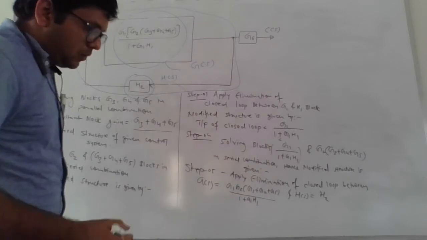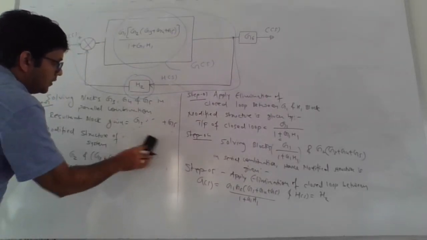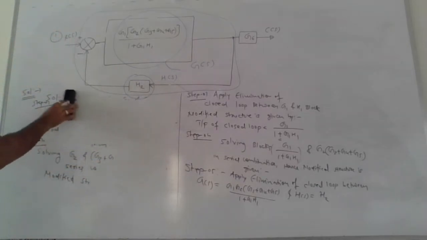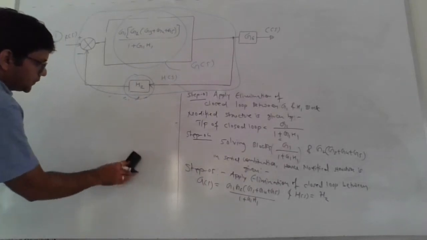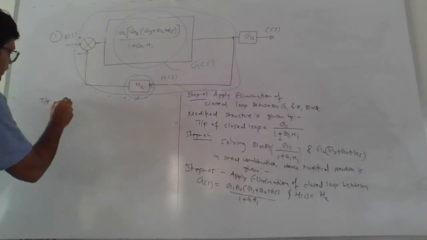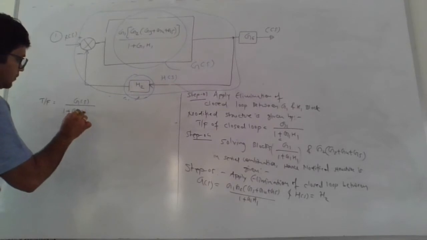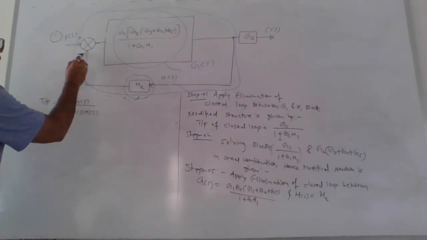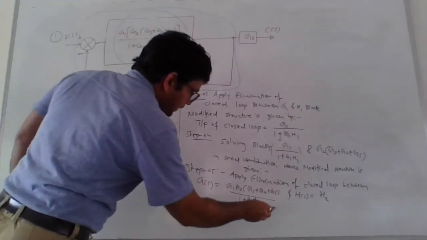So if you apply the logic over here, the transfer function of that gain, which indicates the transfer function of your closed loop system, is given by G of s upon 1 plus G of s into H of s. Now why have I mentioned plus? Because the nature of the feedback signal is minus. So here the value of this G of s is nothing but this entire term.